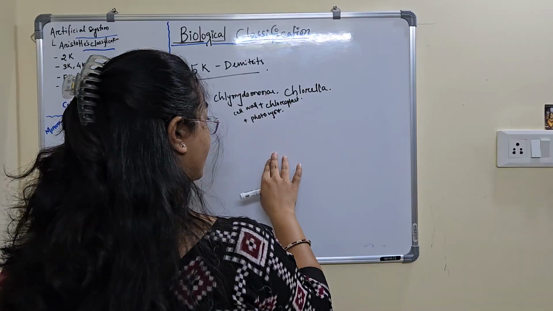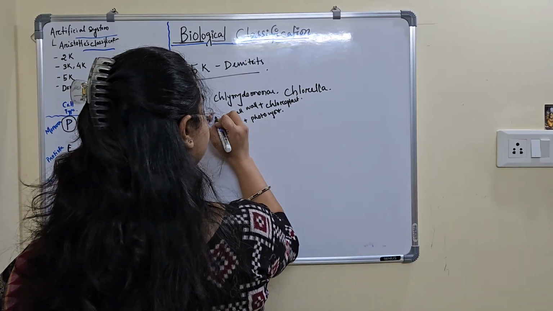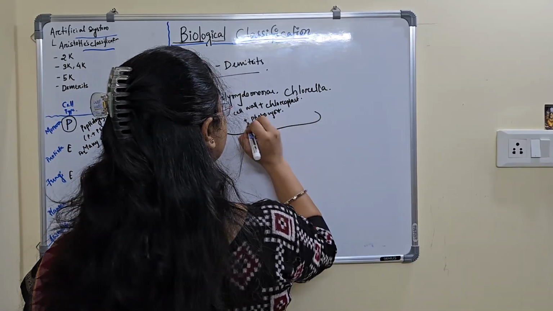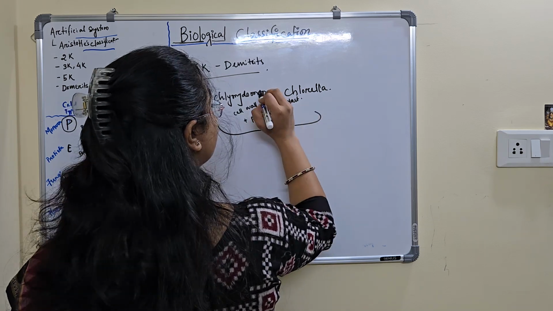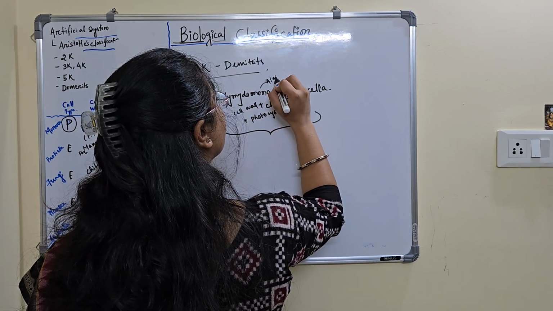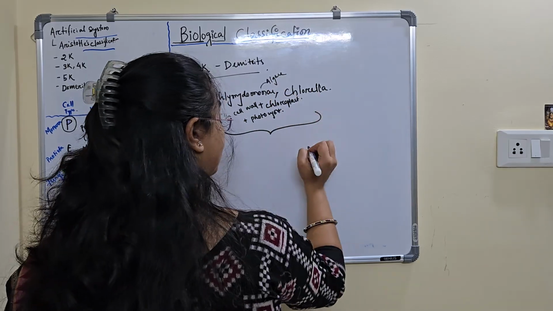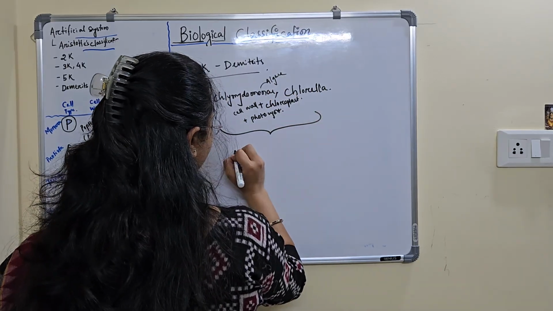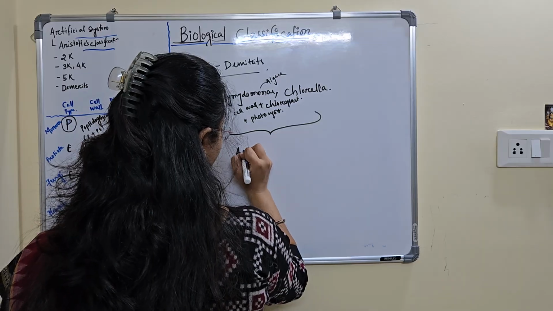Okay. Also, both the Chlamydomonas and Chlorella are algae, and they have been put together with protozoans like amoeba